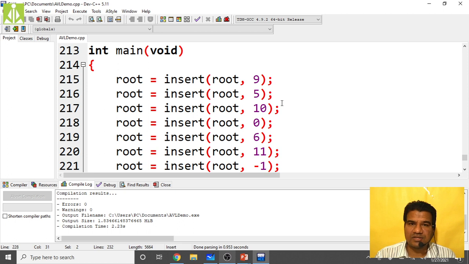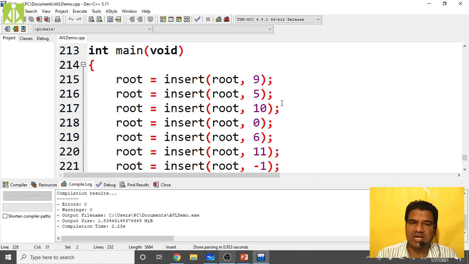Hopefully you understood the concept, and on this particular topic in AVL trees, either they will ask the insertion function or they will ask the deletion function. That too, very rarely. I have seen, not in AICTE but in the CBCS syllabus or non-CBCS syllabus, that too very rarely they asked. So they will surely ask only the implementation of your AVL tree. They won't ask anything related to the coding part.